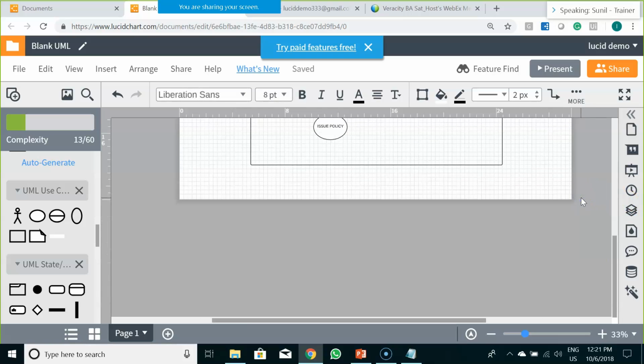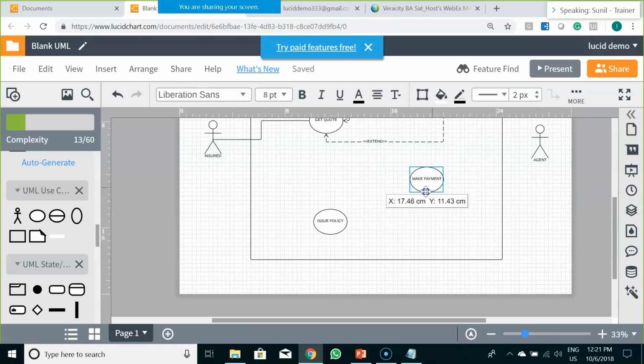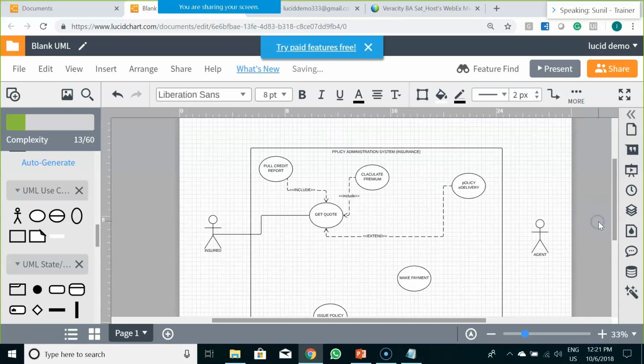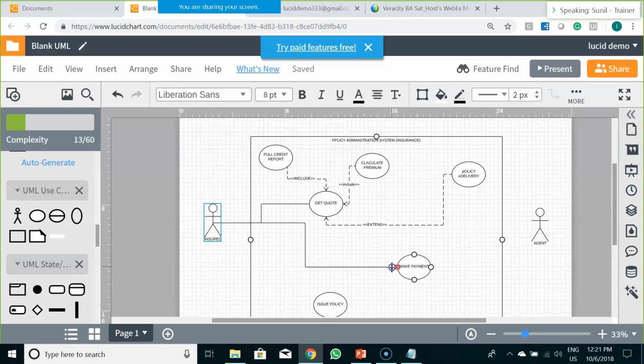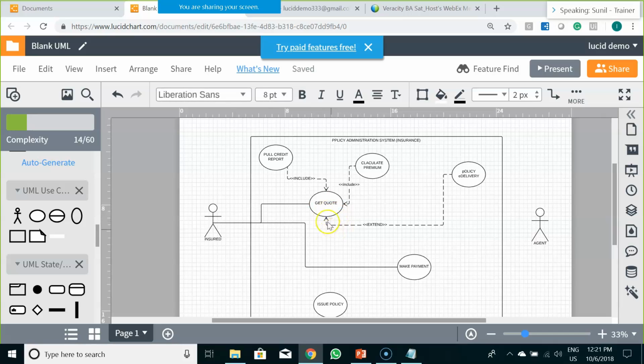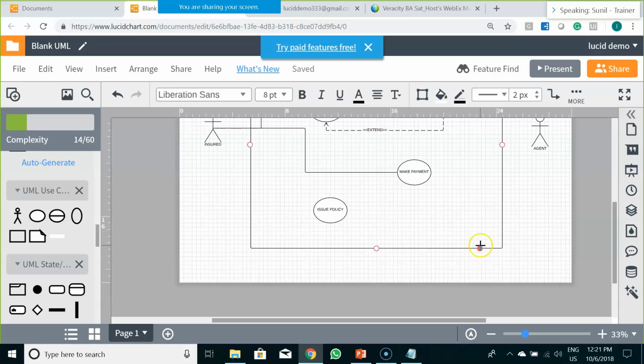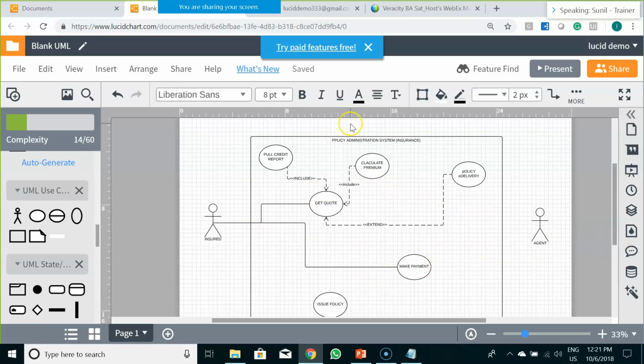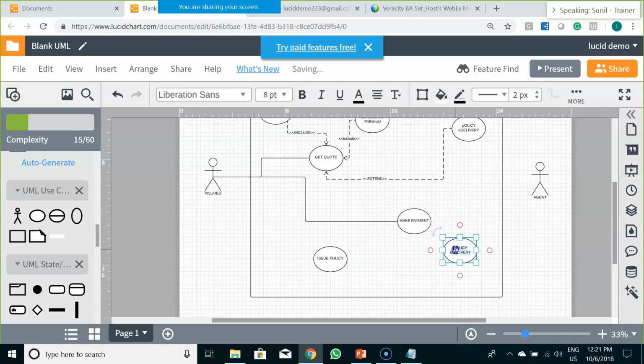Then comes an action, make payment. Now what is make payment? Make payment is like how he would be doing a payment to the particular policy once he is convinced with the particular quotation. Now, when he is making a payment, like we saw in our regular example, there are different ways you can do a payment, like make a payment using credit payment.